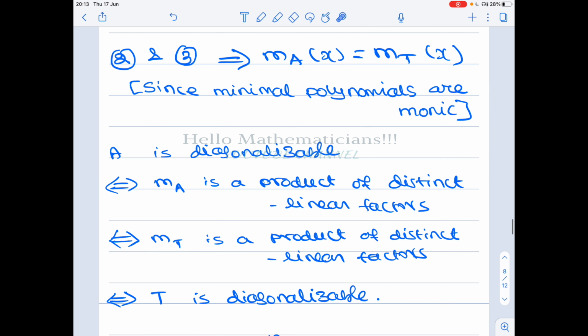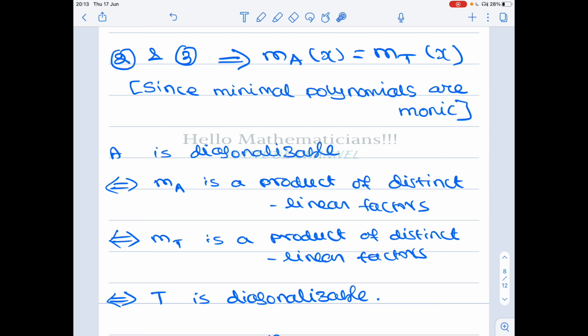Now, since they have the same minimal polynomial, A is diagonalizable if and only if T is diagonalizable. We discussed this result in one of our 3 videos. It is in part 3. You can check in the description at which time this result is discussed. Please check the description of the videos part 1, 2 and 3. You can see at what time what result is discussed, so you don't need to check the full video if you want to look at something particular.